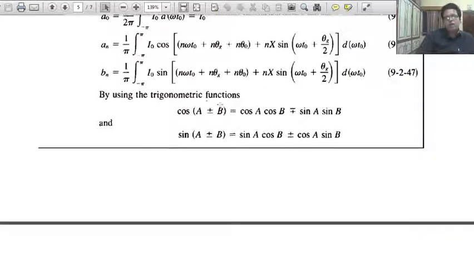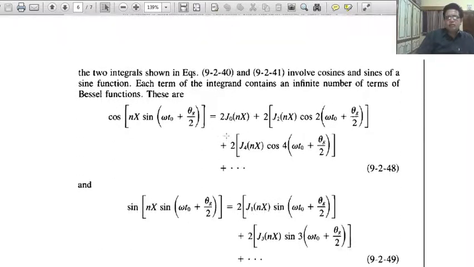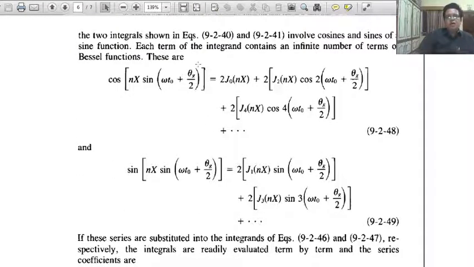By using the trigonometrical functions, you are very familiar: cos (A plus minus B), sin (A plus minus B). So by using these things,